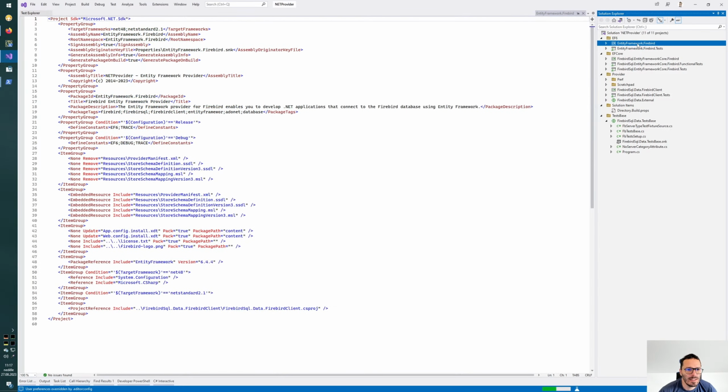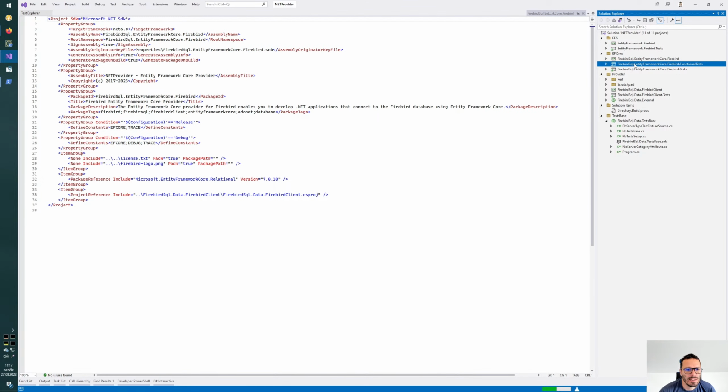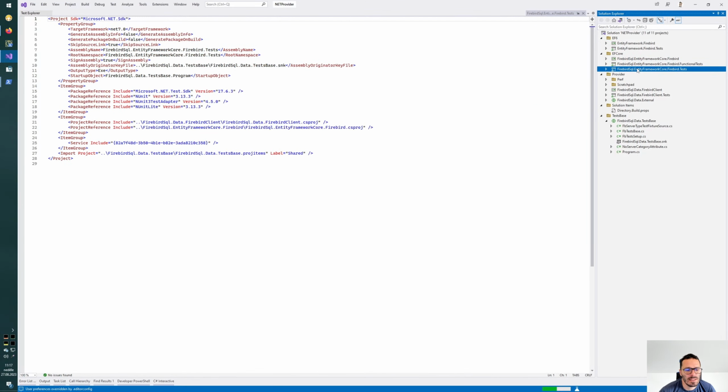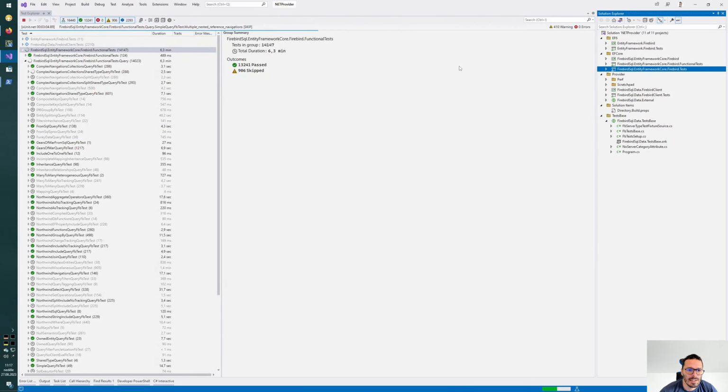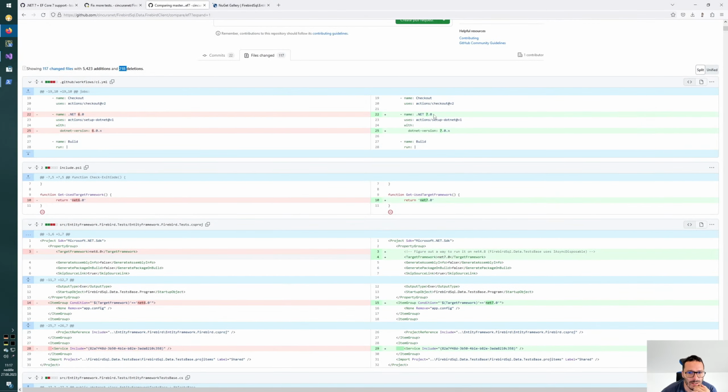Run it on 4.8, .NET Standard 2.1. That's okay. Probably nobody cares. This one is still .NET 6. So it's .NET 7. Everything else is .NET 7. That's fine. What else is here? Yeah, using .NET 7 to build it. That's fine. .NET 8 is around the corner. Get to use target framework .NET 7,